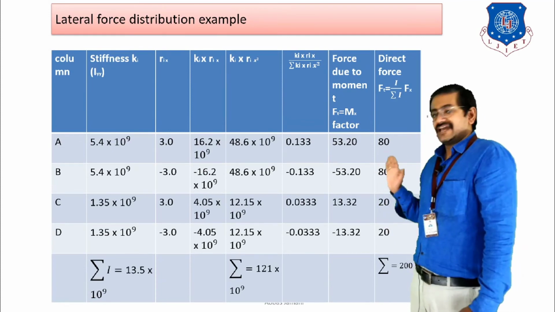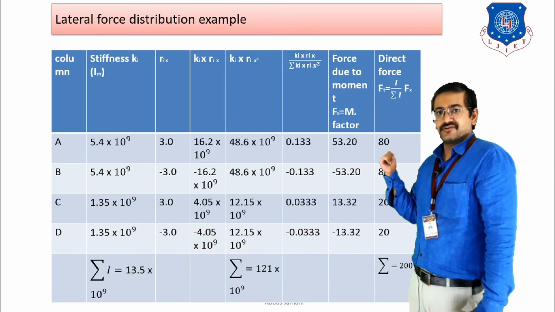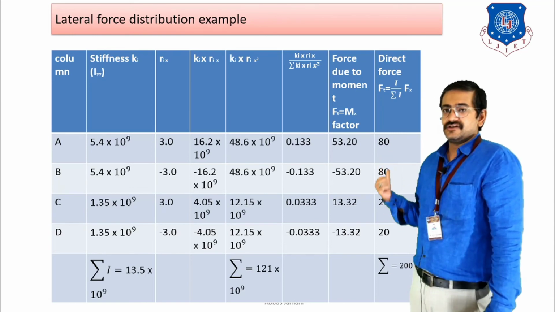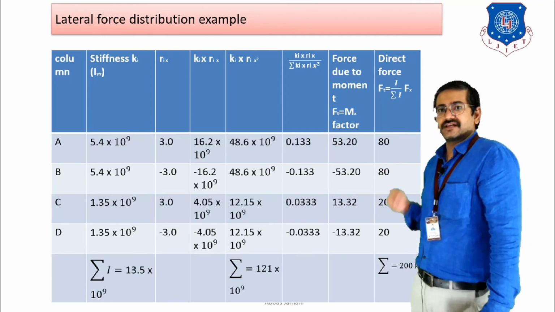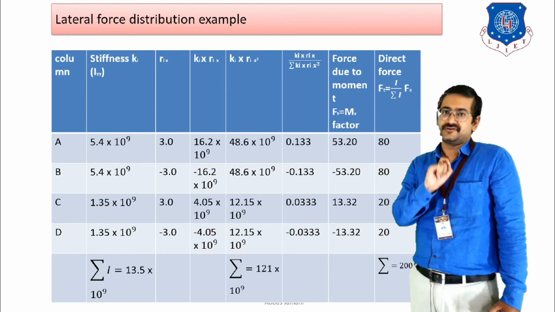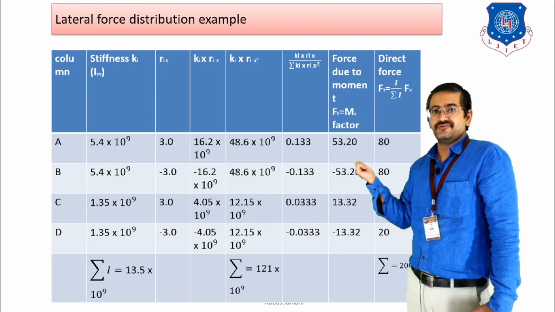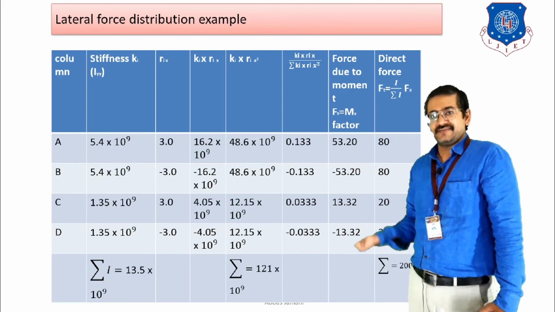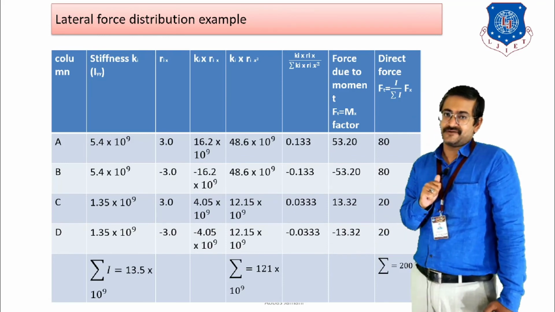So the check whether your calculation is correct is that you can see in the last column, that is the calculation for Fd, where we have got the values of 80, 80, 20 and 20. So if I do the summation at the bottom end of the table for Fd forces, then the total value is 200 kilonewton, which is matching with the actual application of load, that is 200 kilonewton. So whatever force is being applied to this floor is being distributed depending upon the stiffness, and the same value is obtained at the bottom of the table. That is a check that we can do at the end of our calculation, right?